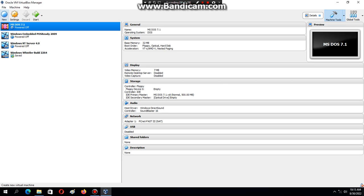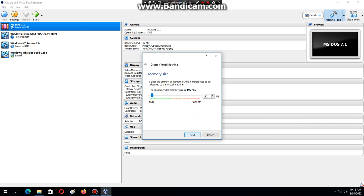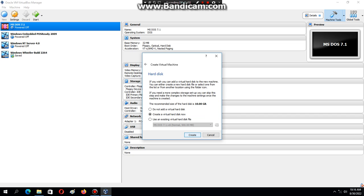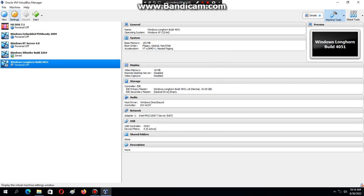So we're going to click on New and type in Windows Longhorn Build 4051. And you're going to set it to Windows XP 32-bit and then hit Next. Then Next, Create, Next, Create. Now before we go to the settings, the first thing you need is VirtualBox, and the second thing you need is the ISO from Windows PC. So we'll click on Settings,